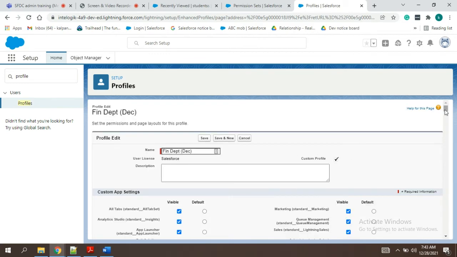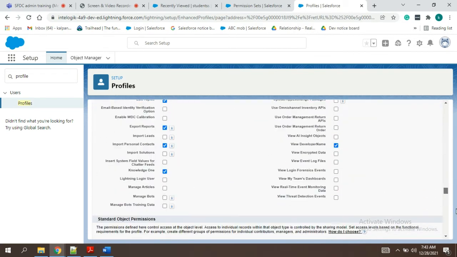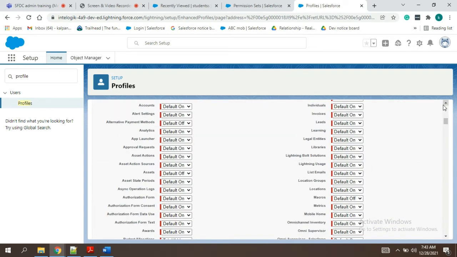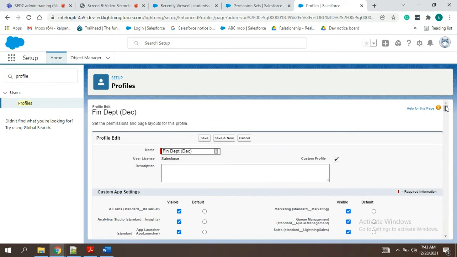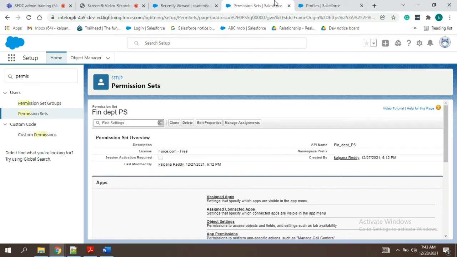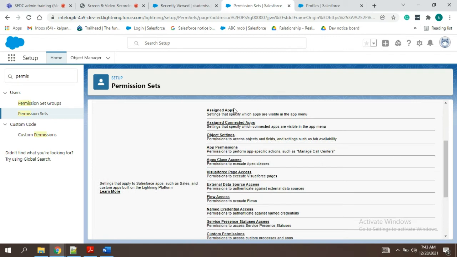So now the look has also been changed, guys. This is the old version which we are using now. You might have got the new one, but in my office org, it has been changed. It will look exactly similar to the permission set. In this way, it will be there. We can click and have the permissions.